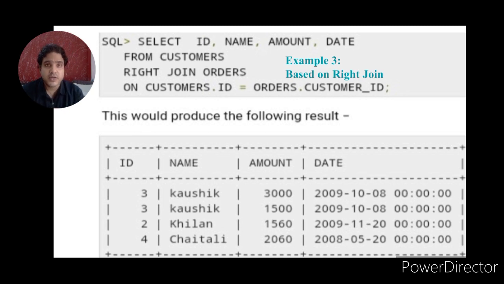Now the same case for right join. In this case, the rows of the right table will be shown, and the left table will be shown along with the right table. Here customer has 7 tuples and order has 4 rows. The 4 rows will be shown from the right side. Here date is an attribute of the order table. It contains 4 rows, and id, name and amount will be displayed along with this. Here the customer tuples are more than the order table's, so the 4 rows will be here. So there is no null possibility in the case of the customer table.